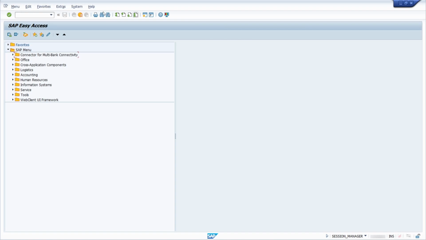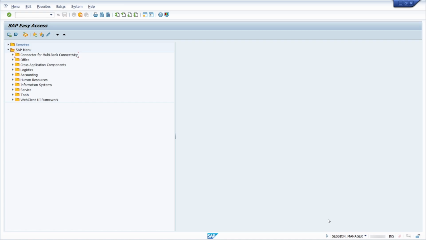Below the menu bar you have a toolbar that you can use for different functions. Here you have a title, over here you have an application toolbar, and in general here you have the so-called Dynpro. In the bottom left area you have the status bar, and in the bottom right area you have the system information. And now I would like to go deeper into those areas in the SAP GUI and explain the details